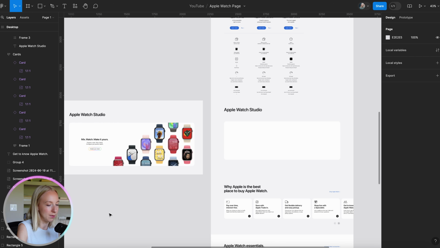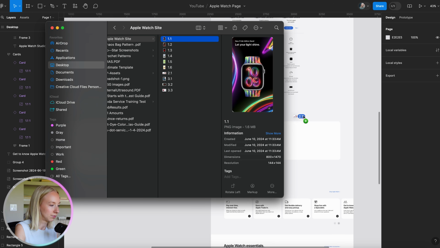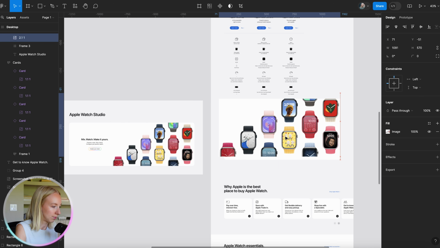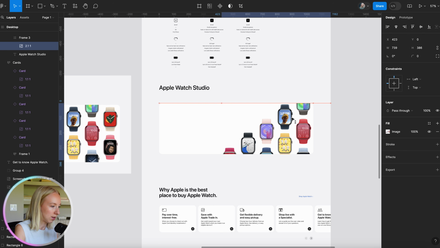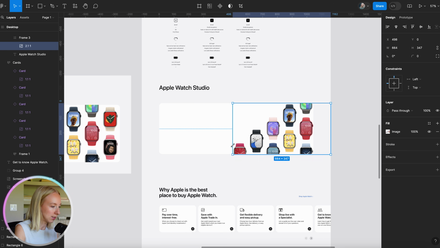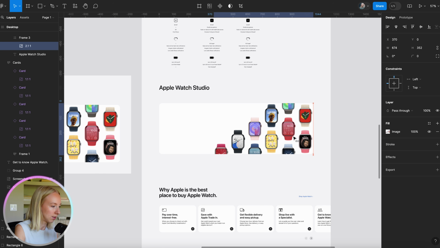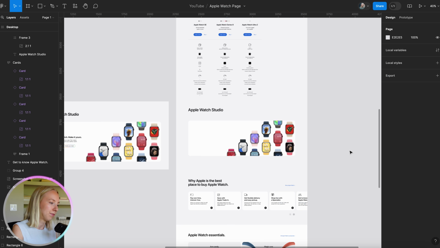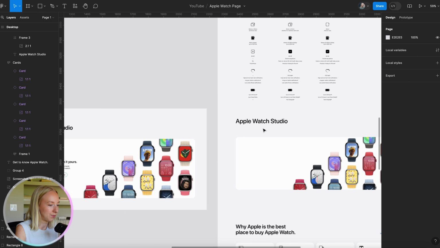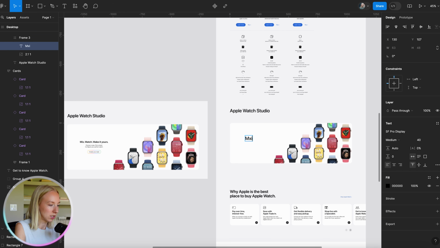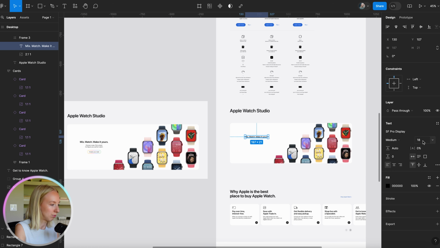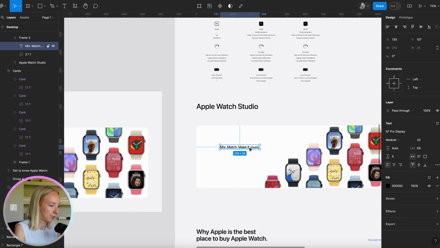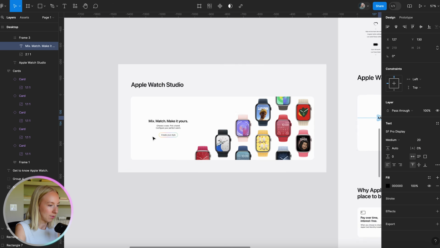Then let's get our image in there. So I'm just going to paste it inside. And we can mess around with the size a little bit. Okay. That looks pretty nice. Mix, match, make it yours. So this should be much smaller, maybe like 20. And then